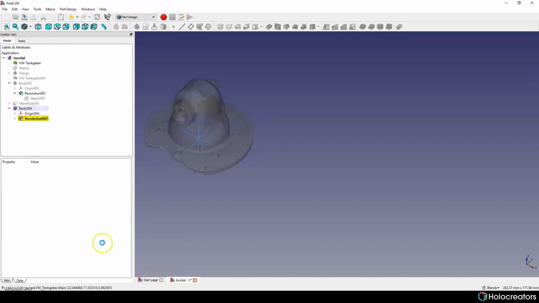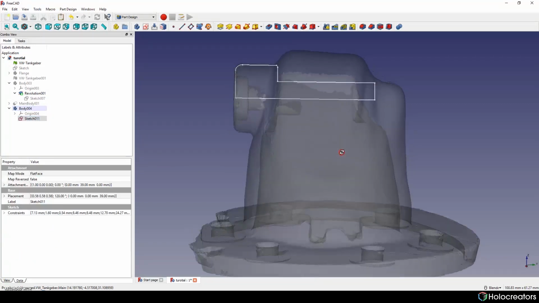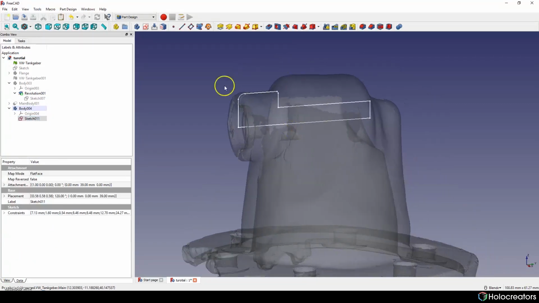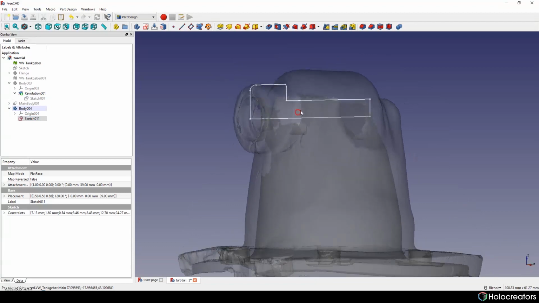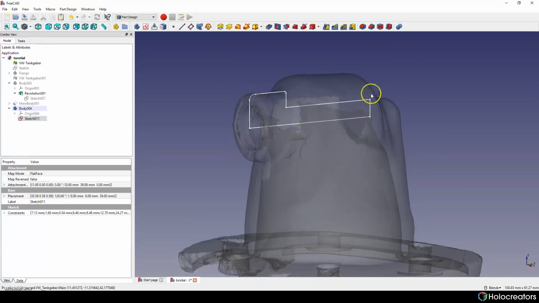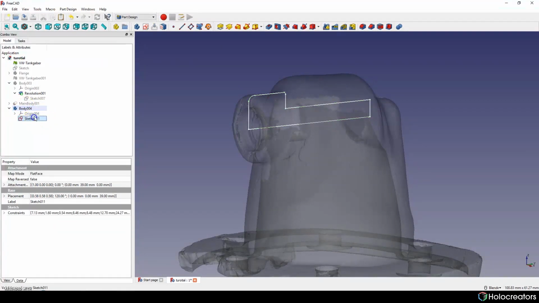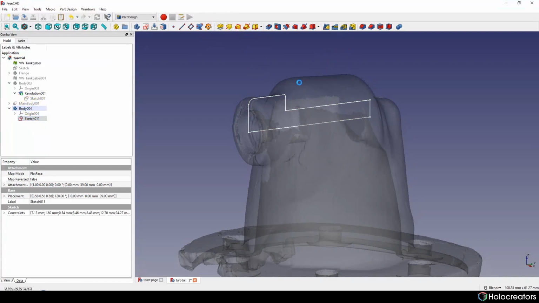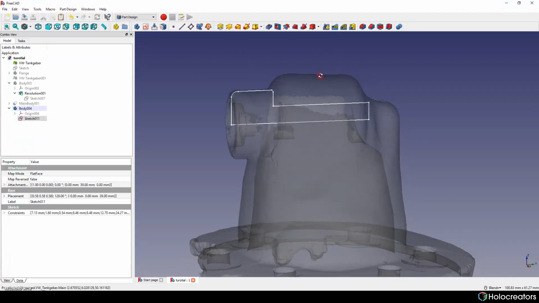Again, it has a broken face inside. So I fixed the sketch. Sketch should always be closed. It should be a closed loop. Otherwise, this rotation operation isn't gonna work.